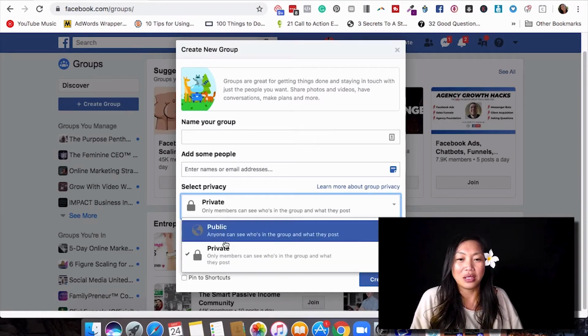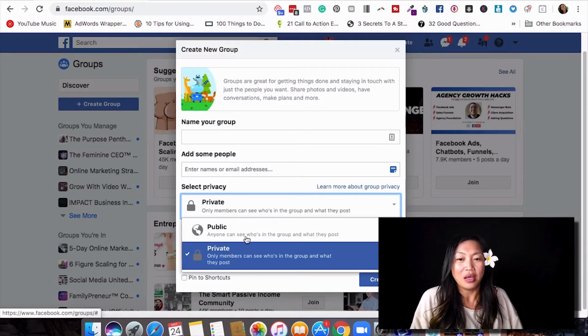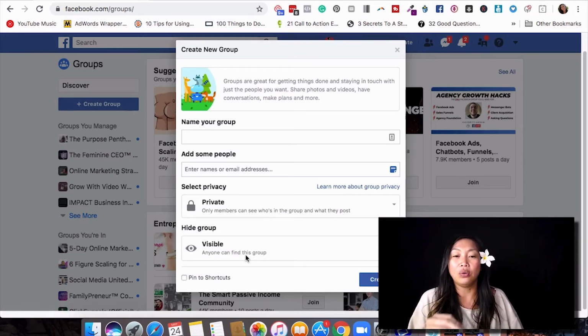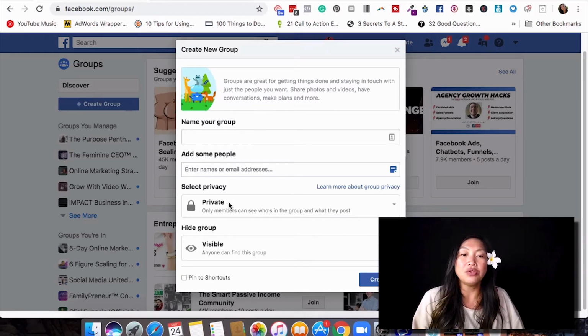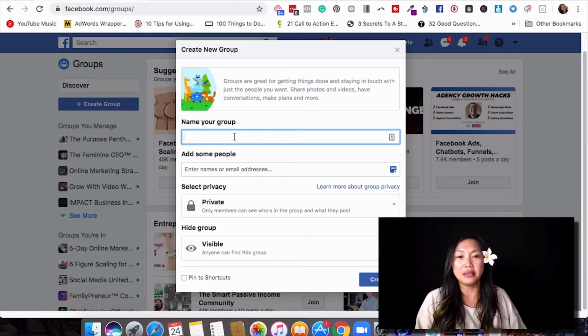Then you want to actually create a private group. You can do a public group, but the groups that I create, I always make them private, because I want people to feel exclusive, that they're joining my private community. So we're going to click on private, and only the members of the Facebook group can actually see what we post there. Okay, if you do public, then everyone can see what's going on in the group, even if they're not a member. So I am going to create a Facebook group, and we're going to name it